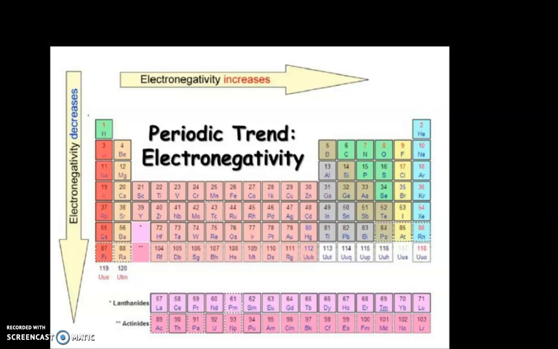This method takes into account bond energies, that is the energy required to break a bond to form neutral atoms. The bond formed between two atoms, for example A and B, is generally intermediate between pure covalent A-B and pure ionic A plus B minus. Because of partial ionic character, the bond is strong. In other words, the bond energy increases. The bond in fact is stabilized by resonance.